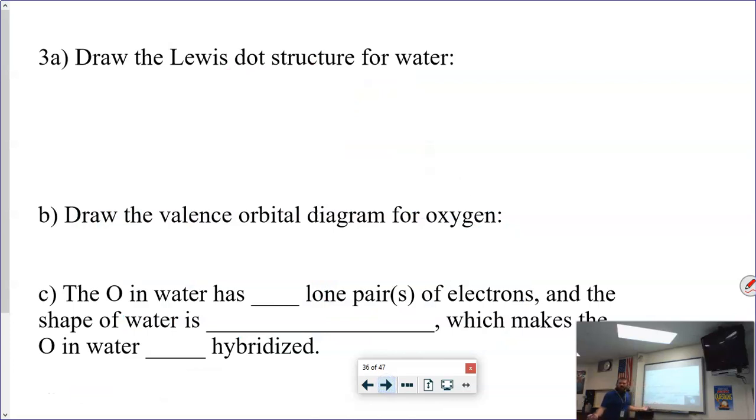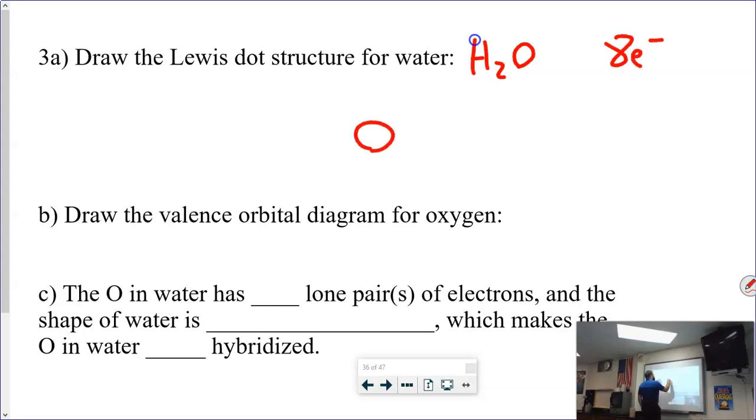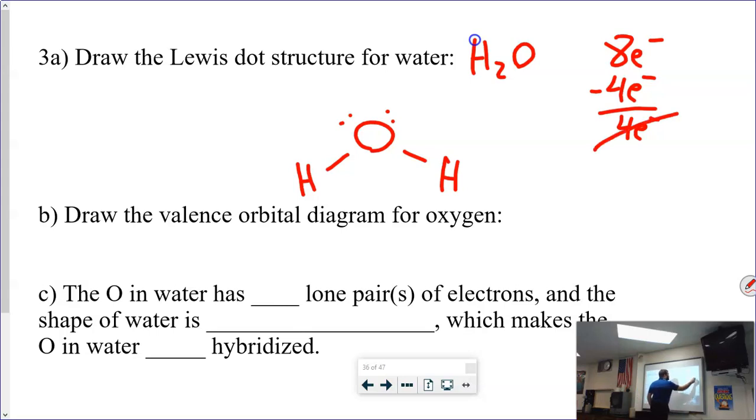And let's go to water. Let's do one more of these kind of unique ones, okay? We've done water before. This is H2O, obviously. Total valence electrons to work with is, again, 8, same as the ammonia, actually. Oxygen's in the middle. I need a bond to each of my hydrogens. When I do that, that required 4 electrons. I have 4 left to add. Hydrogen can't take any, so they all have to go on the oxygen. And that's my structure. The valence orbital diagram for oxygen